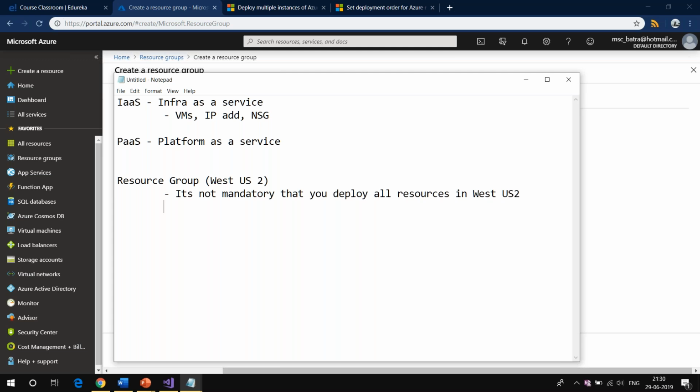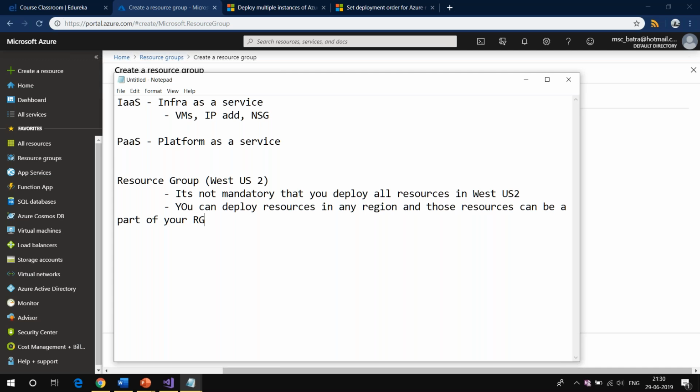You can deploy resources in any region you want, and those resources can be a part of your resource group.